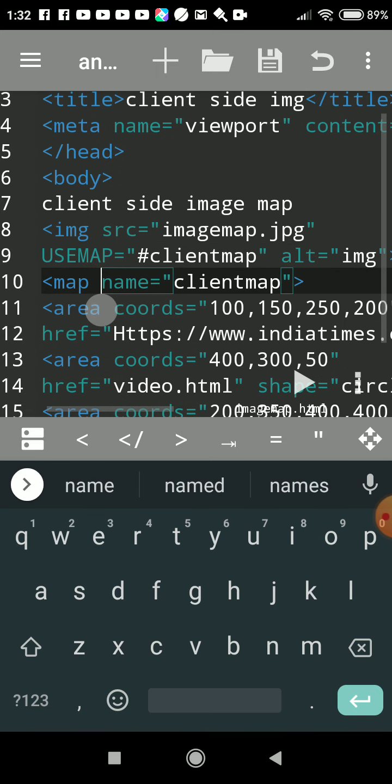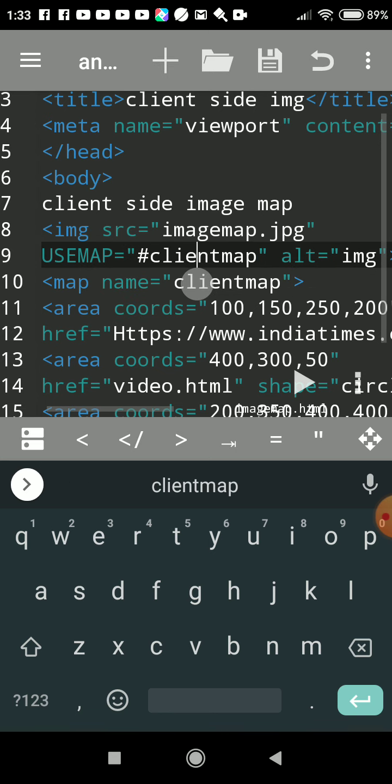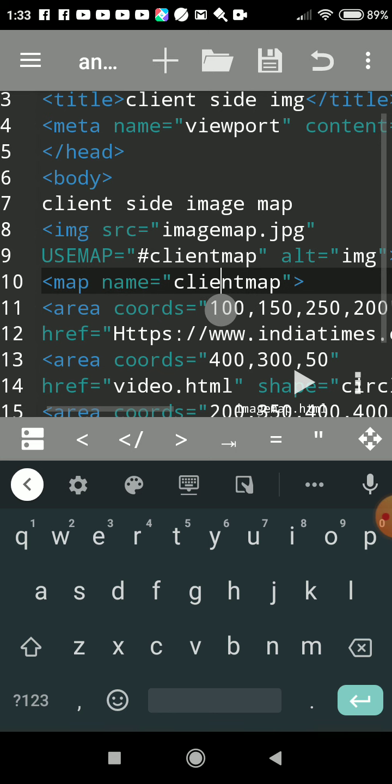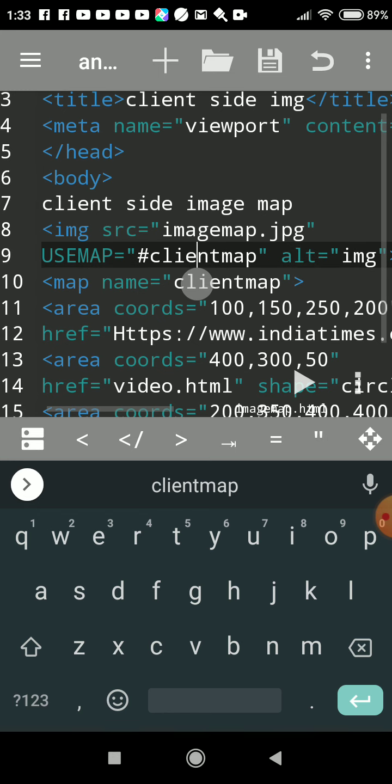After that you have to write the map tag. The map tag has only one attribute, that is name. You have to give the name, but the name should match whatever you gave in usemap. The same name means we are saying that the name of the image map is whatever we had written in usemap.